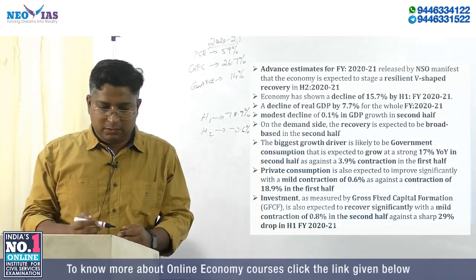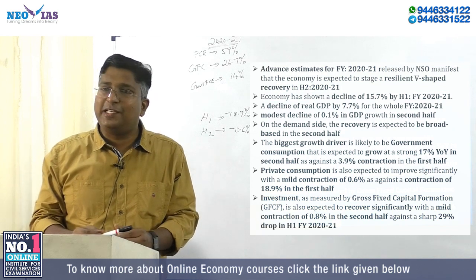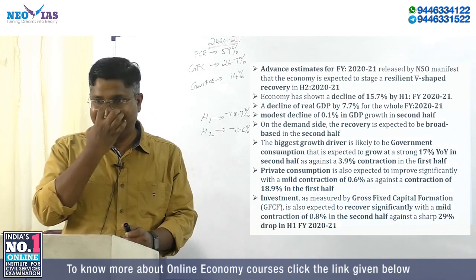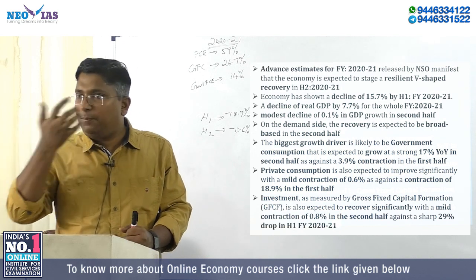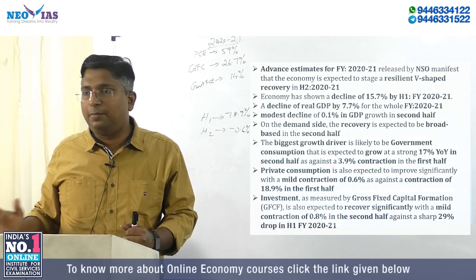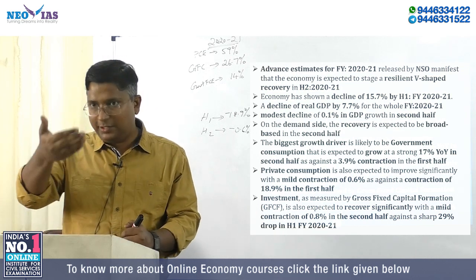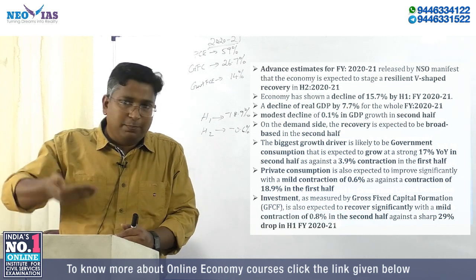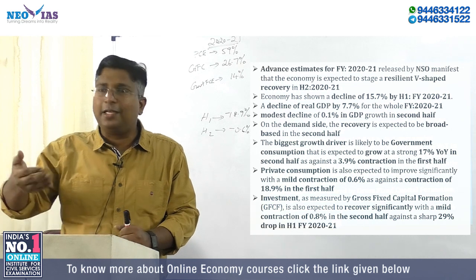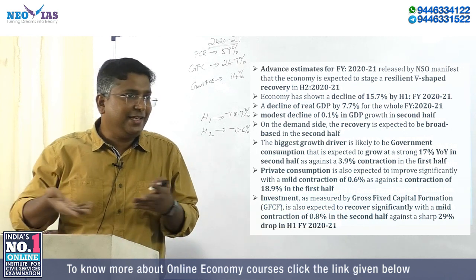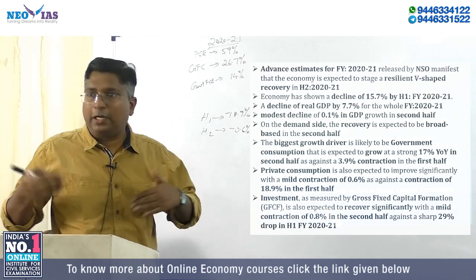Because for the private household to spend, first they should have income. Then only they can spend. For that, many people have lost their jobs, and many people's salaries were reduced. That has still not come back to normal, so it will take time. Once people start having jobs and once their income increases, then only the expenditure will grow. Expenditure is linked to income, na? Yes or no? So it depends upon the economic recovery.